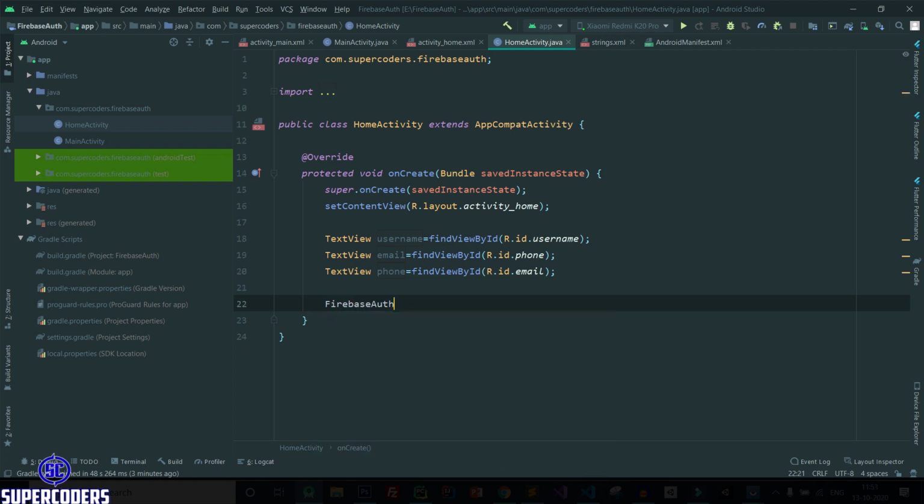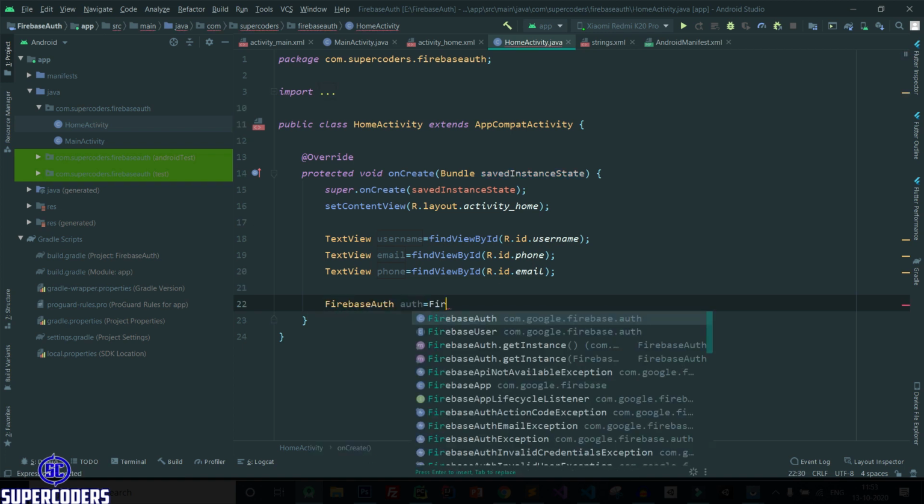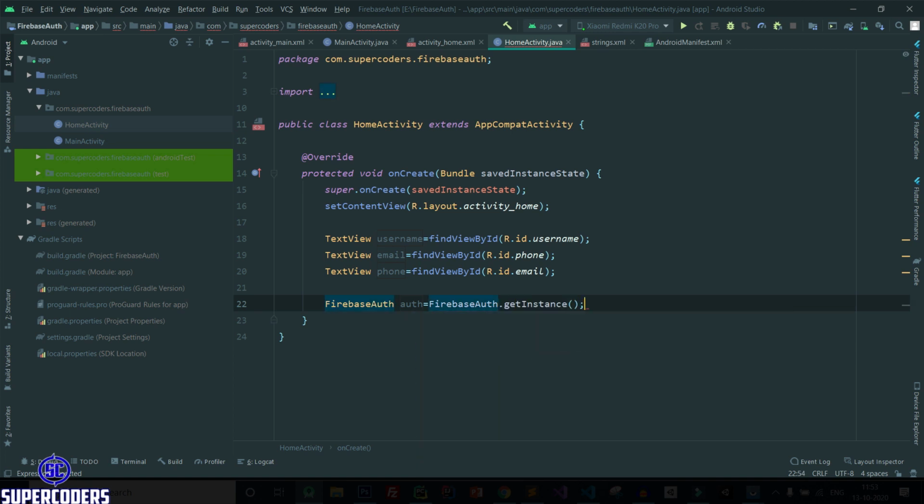So simply FirebaseAuth auth equal to FirebaseAuth.getInstance.